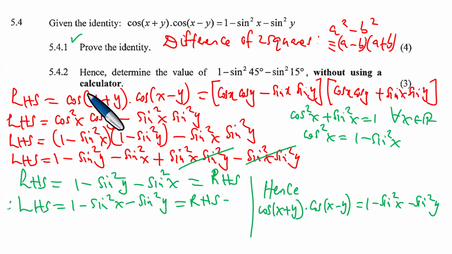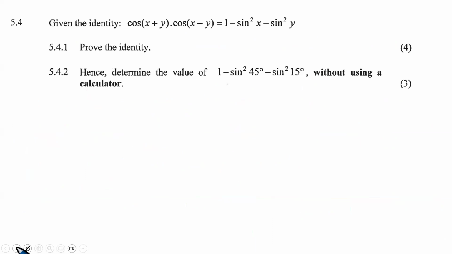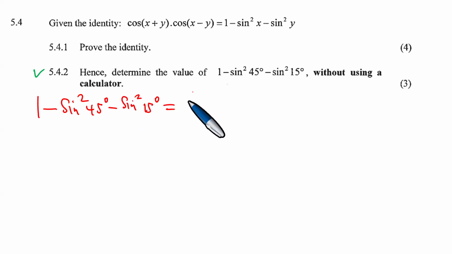In the next question, the examiner is asking something similar. And the examiner is saying at this point, hence determine the value of this expression without the use of a calculator. So let's find the value of this particular expression without using a calculator. First and foremost, we need to realize that to get the answer here without using a calculator, 1 minus the sine squared of 45 degrees minus the sine squared of 15 degrees, which is this,